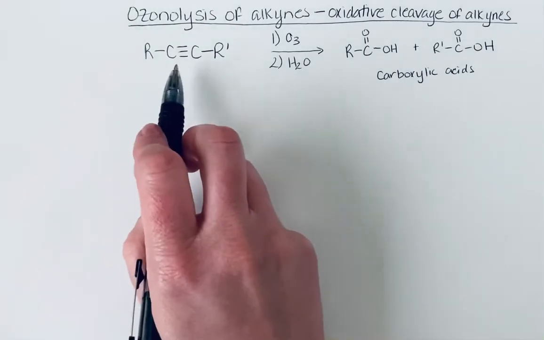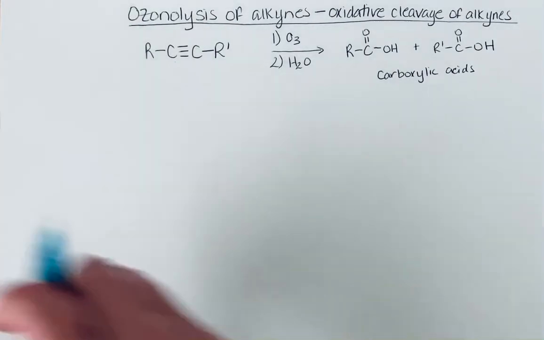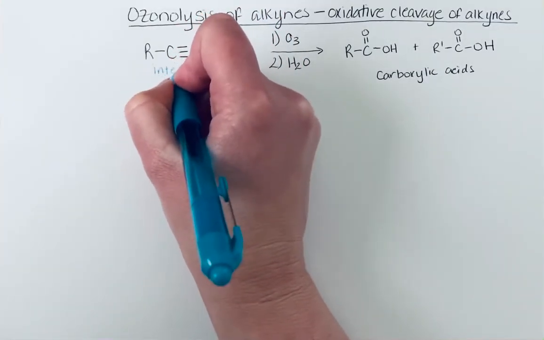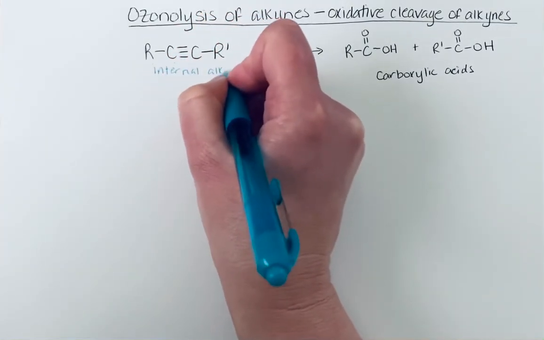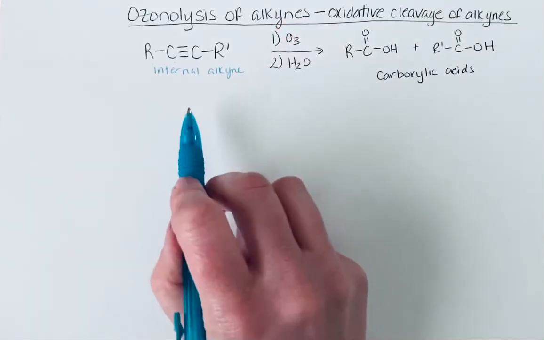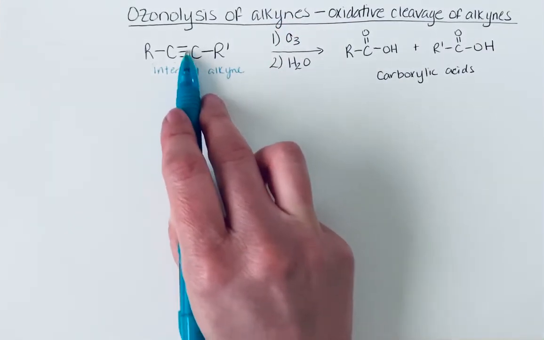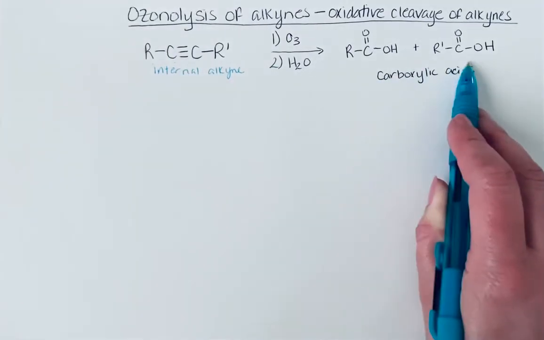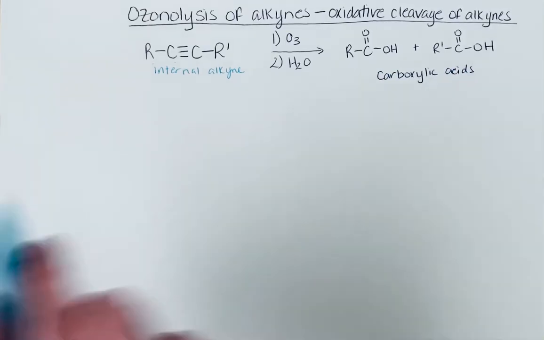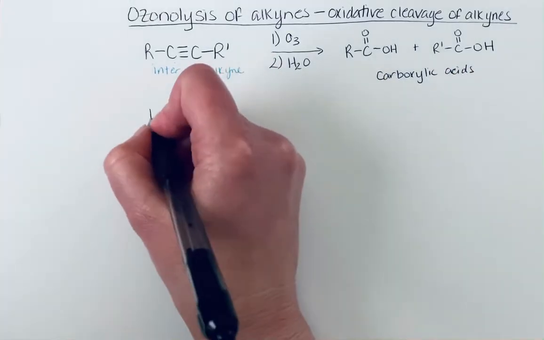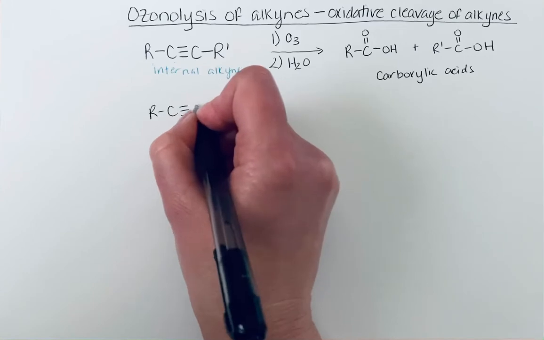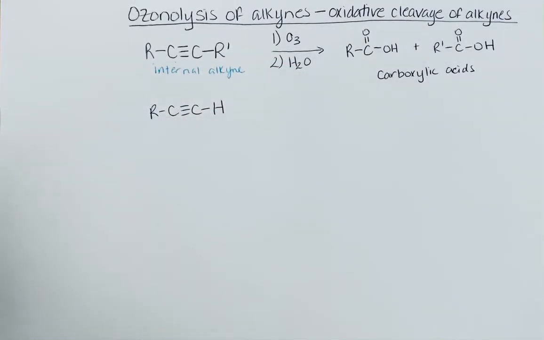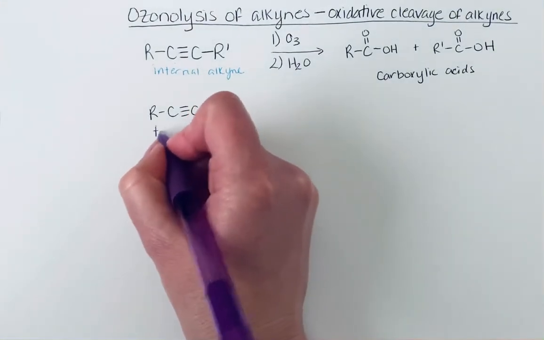In this example, I drew an alkyne that is inside the chain. It's not at the end of the chain, so this is an internal alkyne. So when you do the oxidative cleavage of an internal alkyne, you will break that carbon-carbon triple bond and you will form two carboxylic acids. If you do this same reaction and you use, instead of an internal alkyne, an alkyne at the end of the chain, which is known as a terminal alkyne,